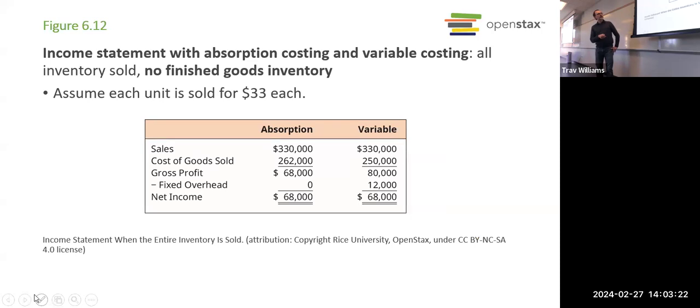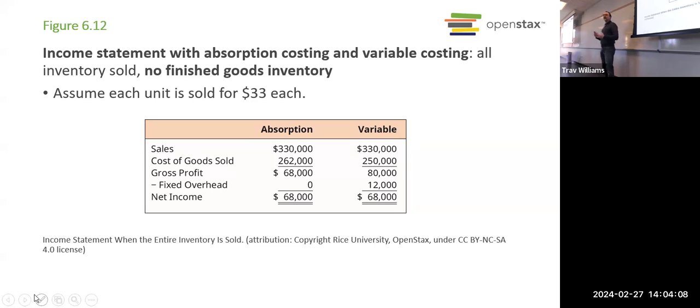So here we see examples. Here's a very simple income statement. This is what we're used to. Sales minus cost of goods sold is your gross profit. And then we got net income here. Now the fixed overhead is included in cost of goods sold, right? That's the normal method. But what if we took that out and moved it down here? Well now we got sales minus cost of goods sold, variable cost of goods sold, is our gross profit. So you see, we have a higher gross profit.